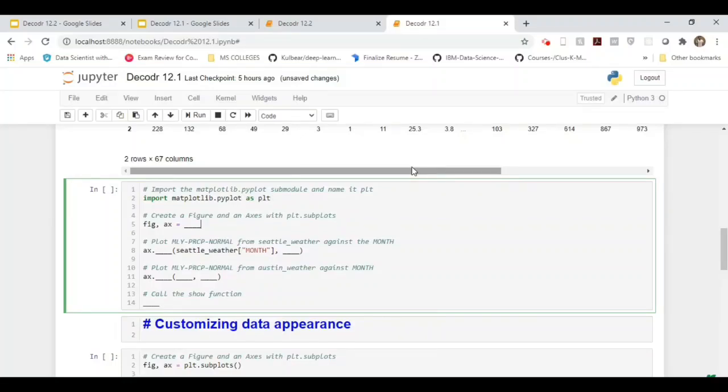My next step is to create a figure and an axis with plt.subplots. We'll say plt.subplots over here. And our second step is done as well. My next task is to plot MLY-PRCP-normal from Seattle_weather against the month. So for that, I will say